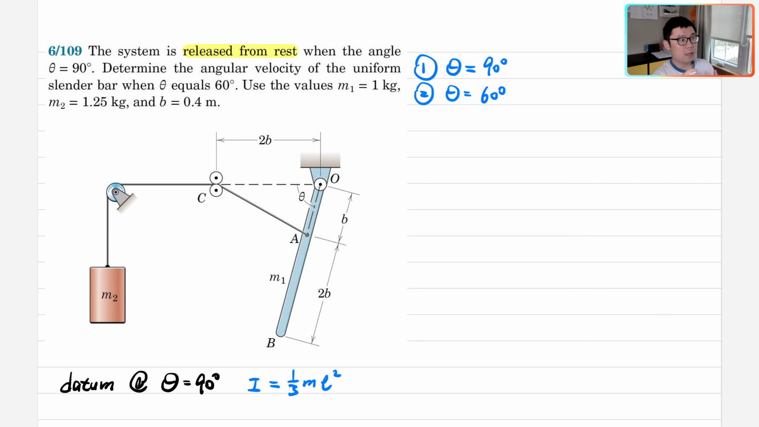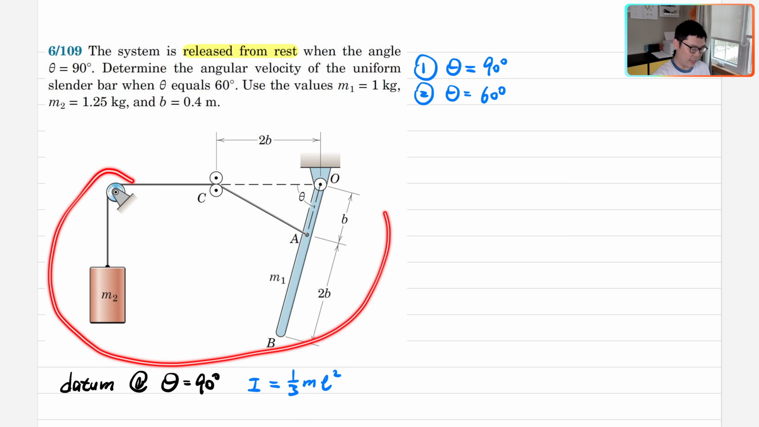Okay, so we set up a datum. We recognized we're moving from state number one to state number two. In every state, there is kinetic energy and there is potential energy. And between states, we want to see whether there is any external work done to the system. Okay, so I just mentioned system here. Looking at the system,